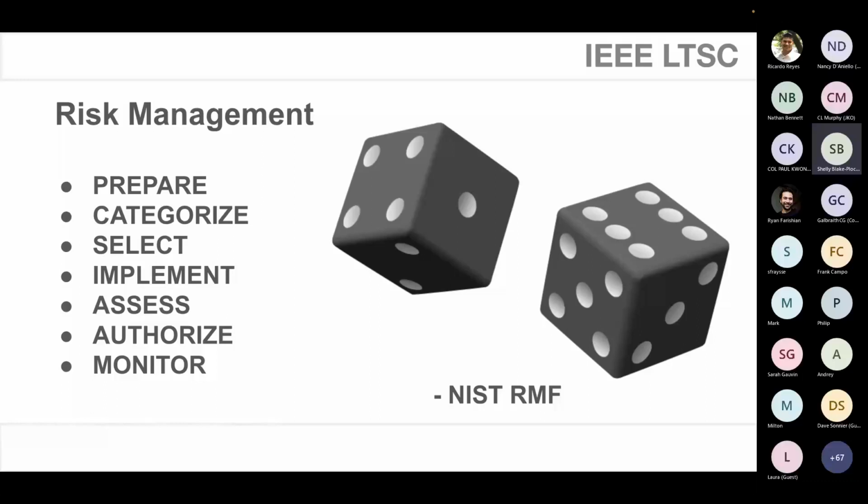I do have a bit more here. So I will talk about the three big pieces here, where you have one, this categorization that occurs in part 2. So the categorization is the method for identifying the potential impact if a security breach occurred. So for example, just low, medium, or high. Low, the loss of the system would have limited adverse effect. High, it would have catastrophic impact. So that's what we're talking about when we're talking about categorization.